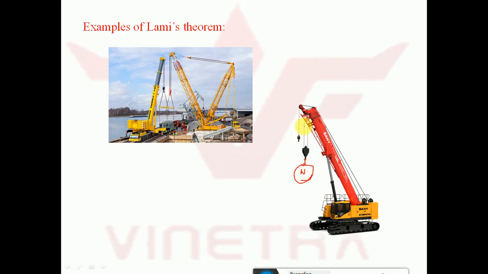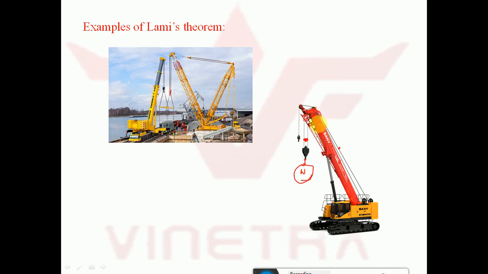So these are the cables, right? The cables will be in tension. So this cable will be in tension and this cable is passing over this metallic support. So these two cables, that is this cable and this cable, will be in tension and this metallic strip will be in compression. So what are the forces?